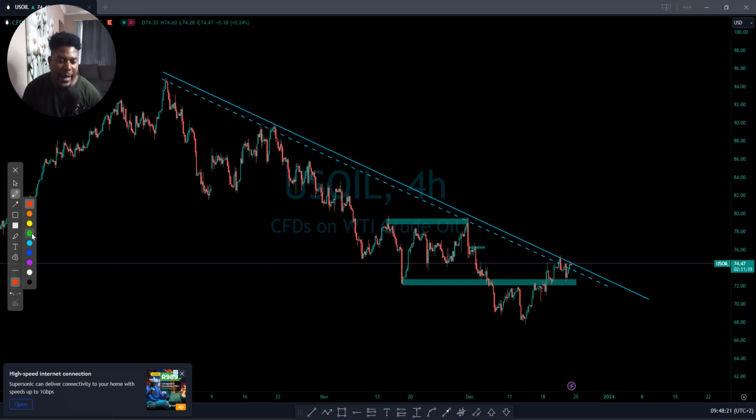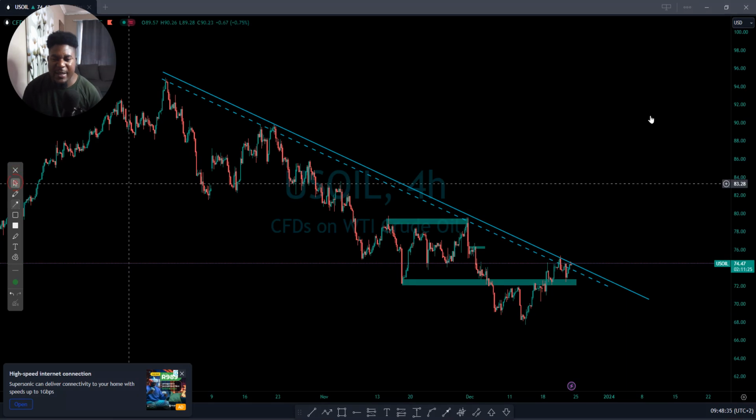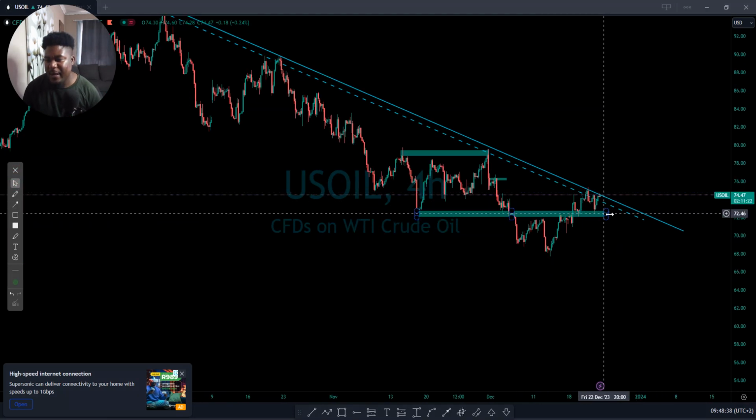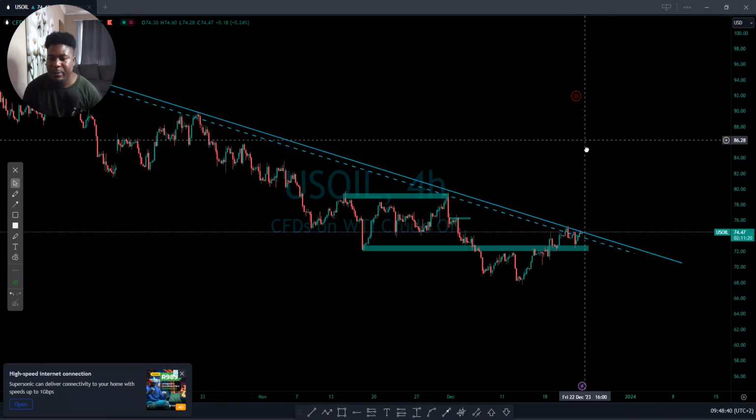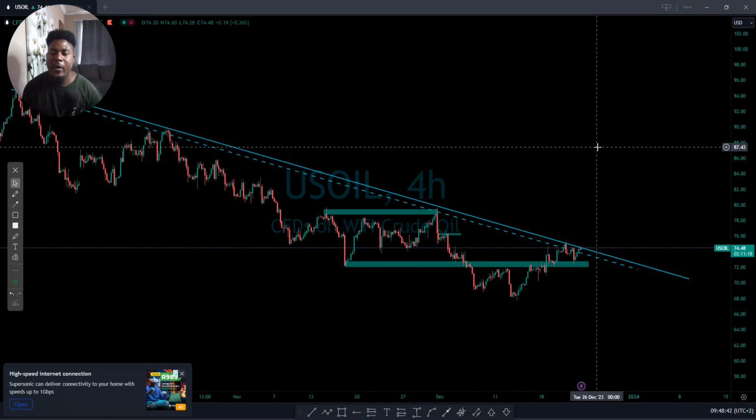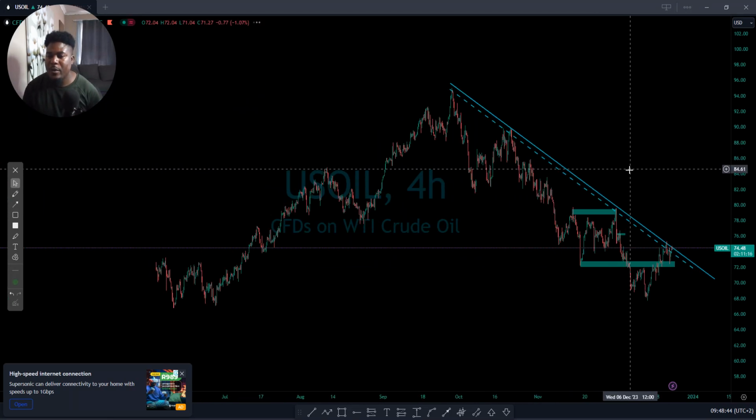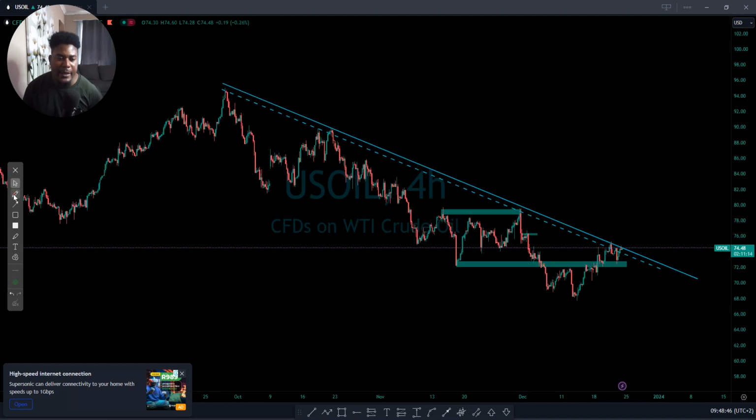downtrend. We've been pushing lower. Even where we are now, I think the market can do the same. The market can still push even lower. That's what I see. What I can say is, if the market breaks out, we'll be looking for that uptrend. I'm expecting to see a very nice push if the market breaks out.